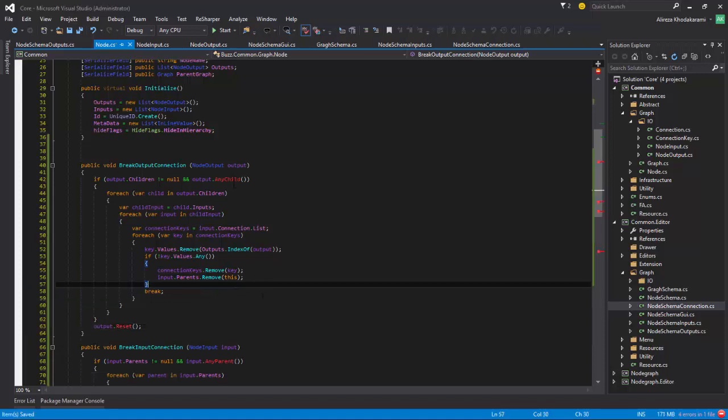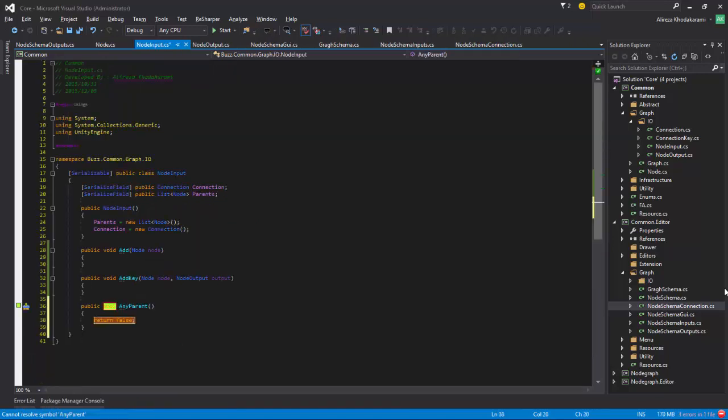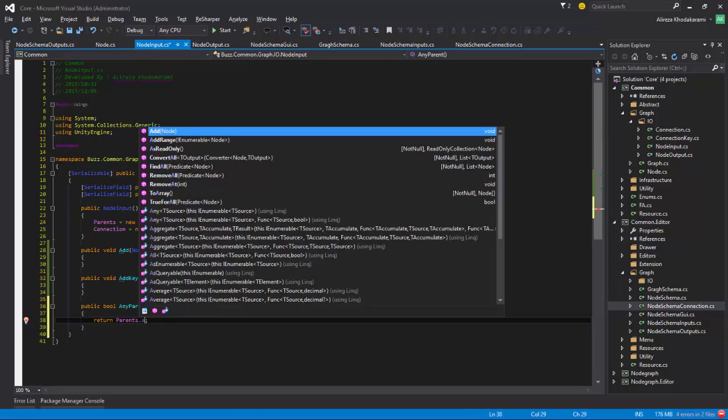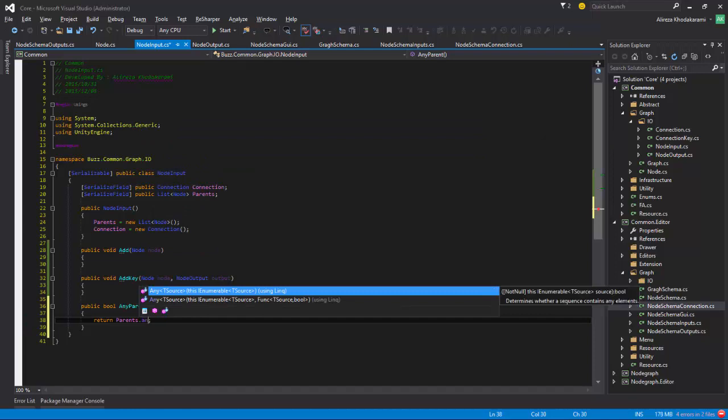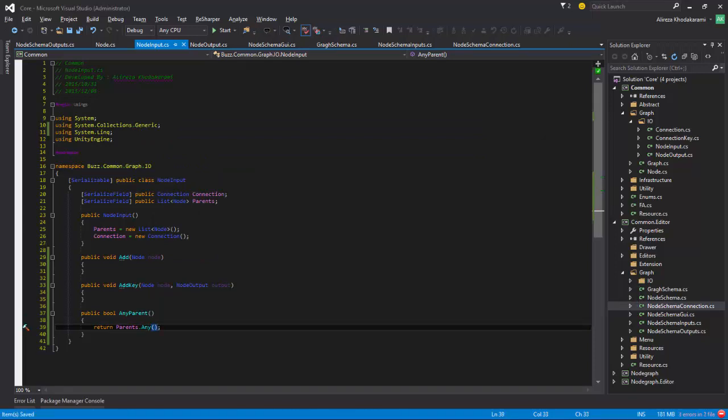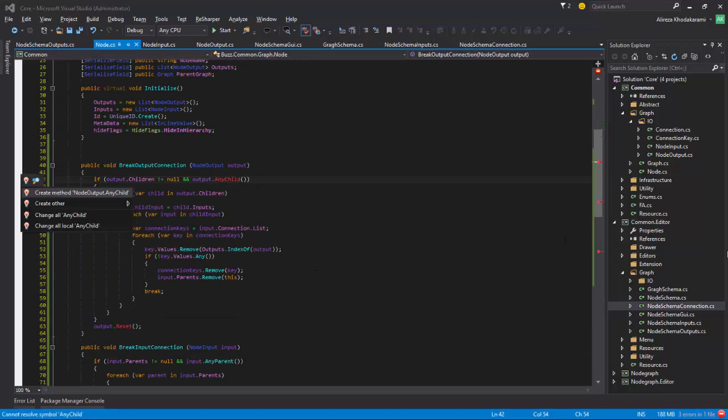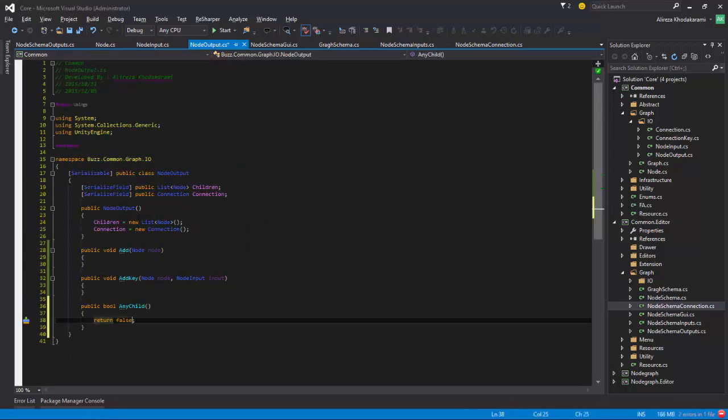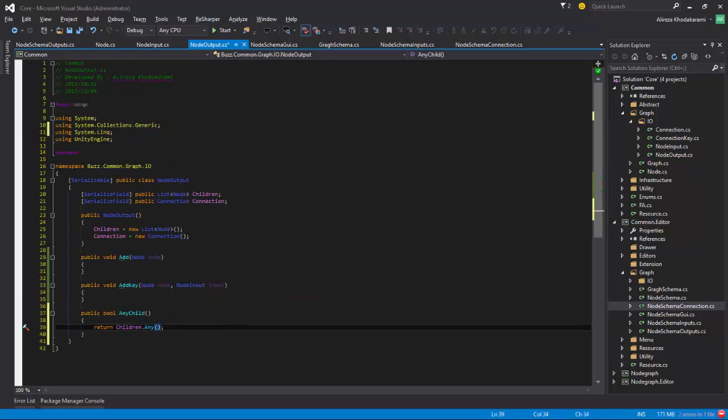Okay, time to add any children and any parent. Let me start with any parent. Now it's in node input, and get what it returns? It returns parents.any inside system link, and where is that? Any child returns children.any from system.link,